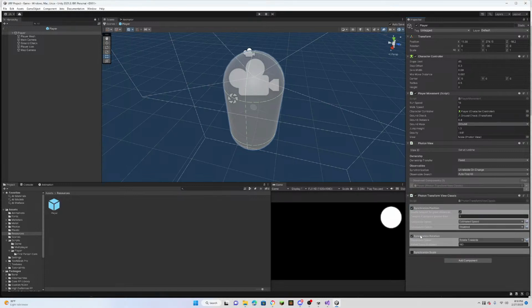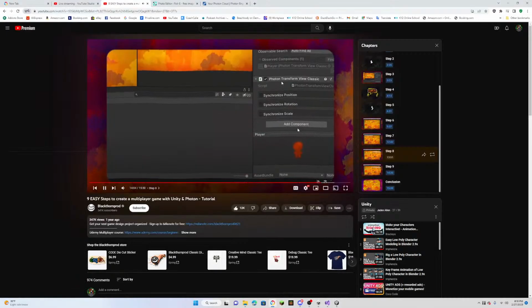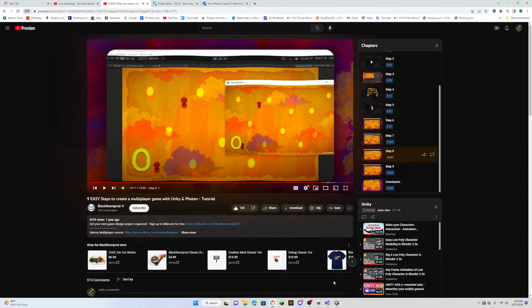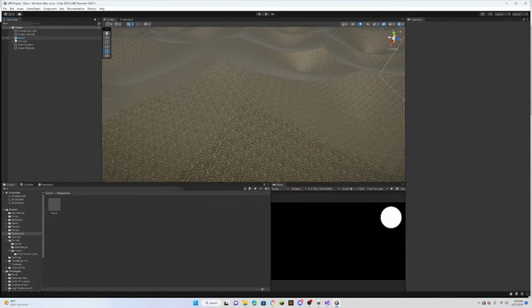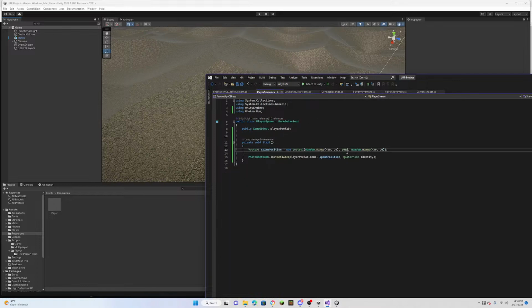Synchronize position and rotation, and that's the only thing that's going to change, so we'll do that. And it should be working. Ready for a build? We're going to test it. I'm going to change one thing, and that's just the spawning. I don't want to spawn that high up every time. I'm going to change it down to, like,